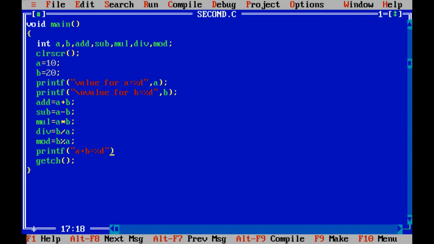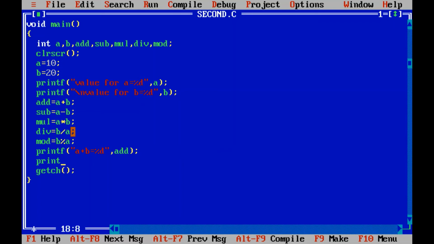Because we are using int, we have to use %d. If you are using some other data type like float or char, you have to use another specifier for each data type. Then give a comma, and the answer lies in this add variable. So write add and give a semicolon.